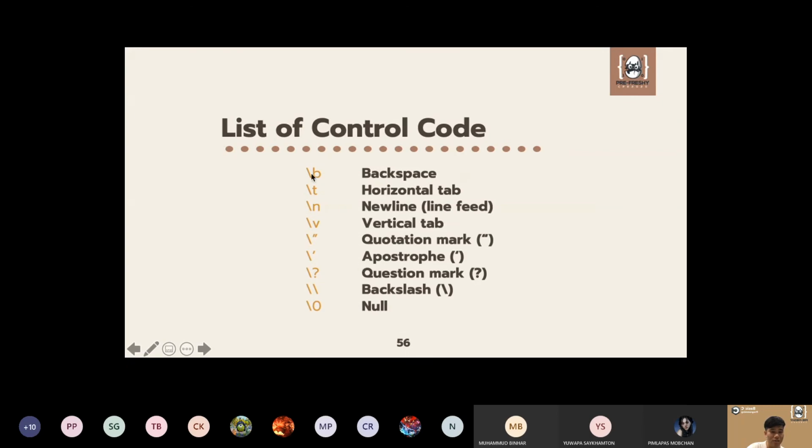As you can see in here, we're going to use this form very commonly for \t, which is the horizontal tab, and \n is the new line. You don't have to remember all of it. Also, I will give you the slides too. So \b is for the backspace, \t is for the horizontal tab, \n for the new line, \v for the vertical tab,